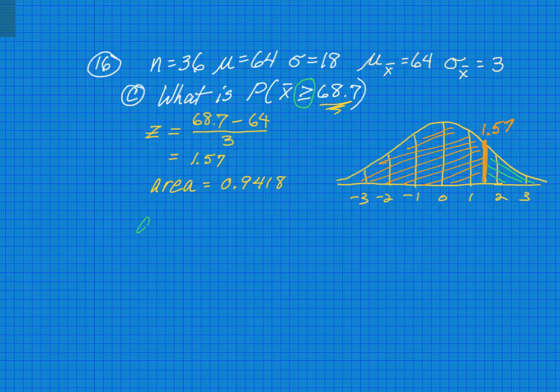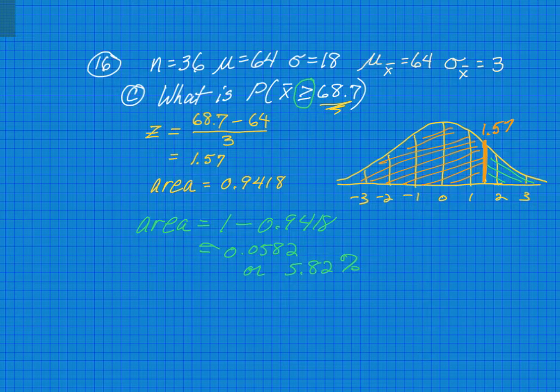We have to find the area that is equal to 1 minus 0.9418. And that area is 0.0582. So the probability that your sample of 36 individuals has a value greater than 68.7 is 0.0582 or